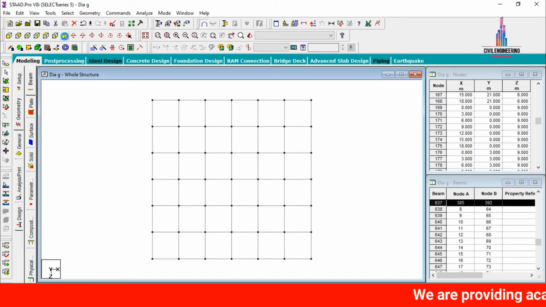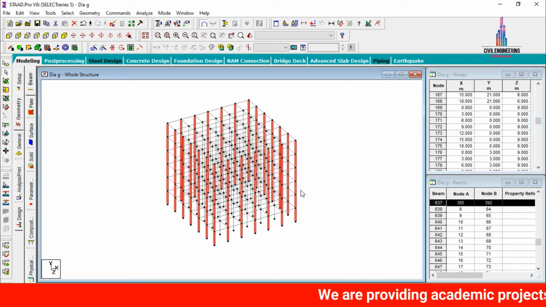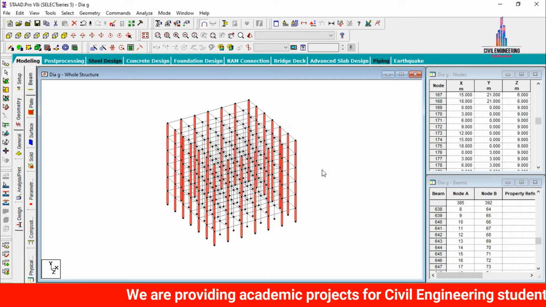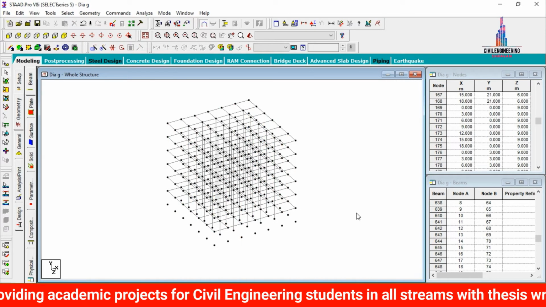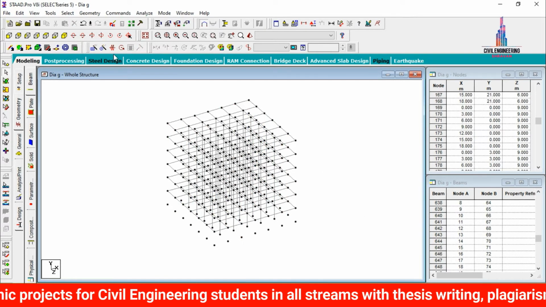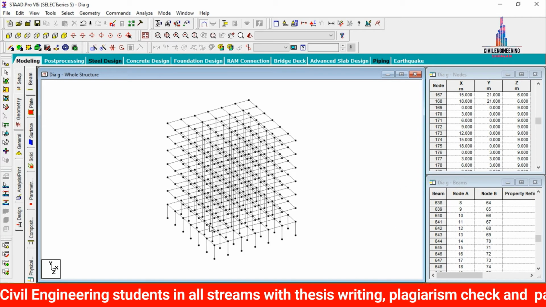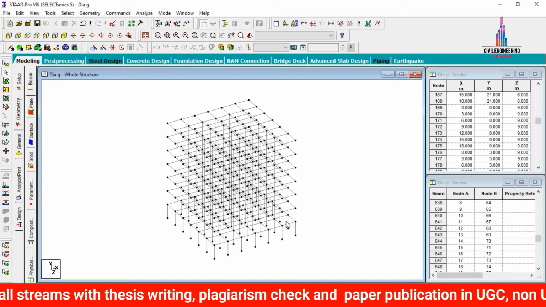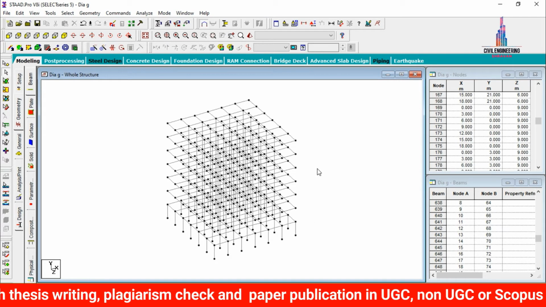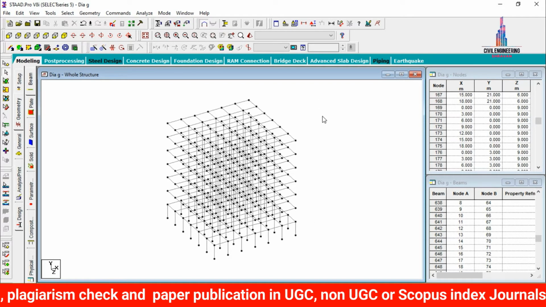After that we have to click on the 3D view. Now all the corner columns are selected for this building. Click on the delete option, click on the S button. Now all the columns are deleted for this structure. After that we have to select the whole structure command. Now you can see all the column sections exist for the ground story, but the column sections related to the corners from the first story to the 7th story are eliminated here.